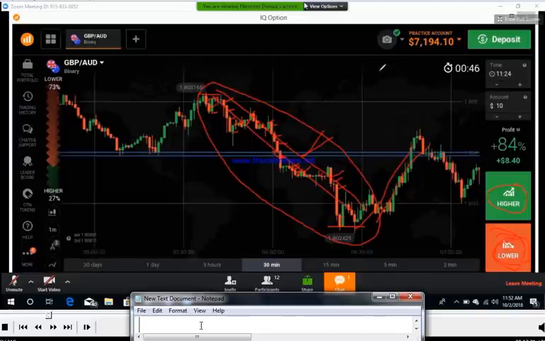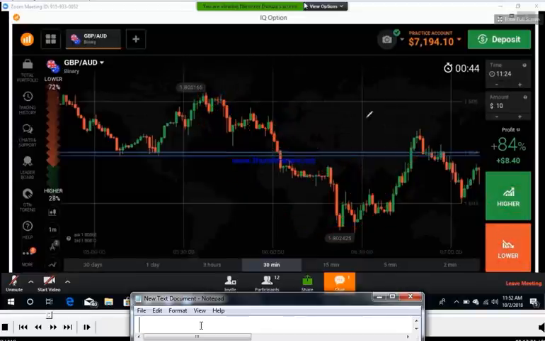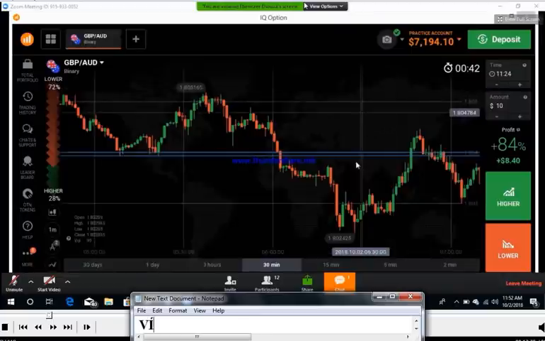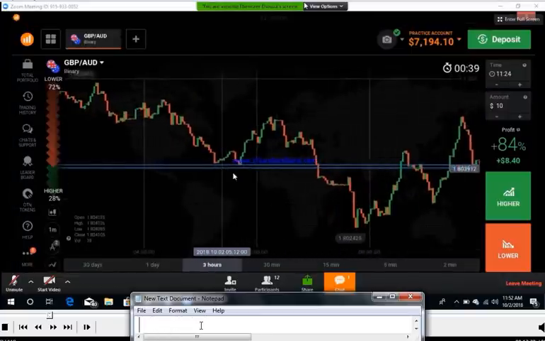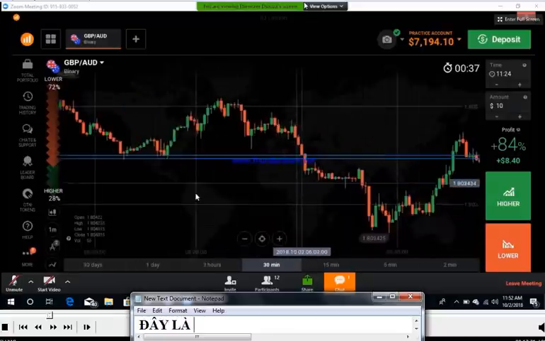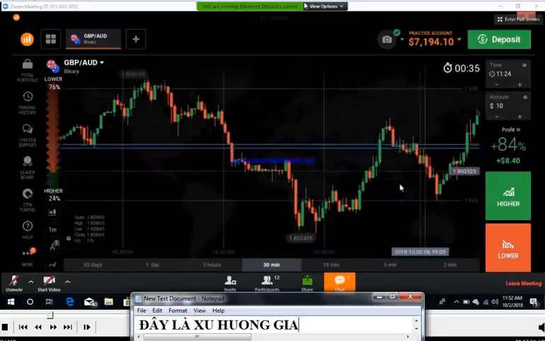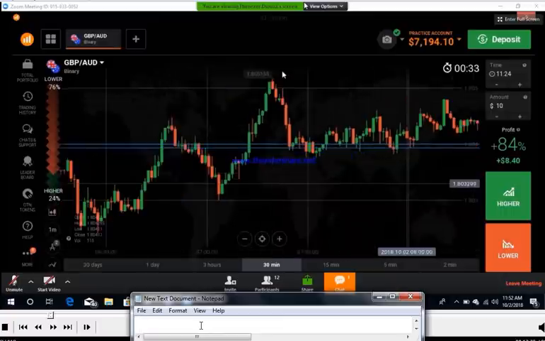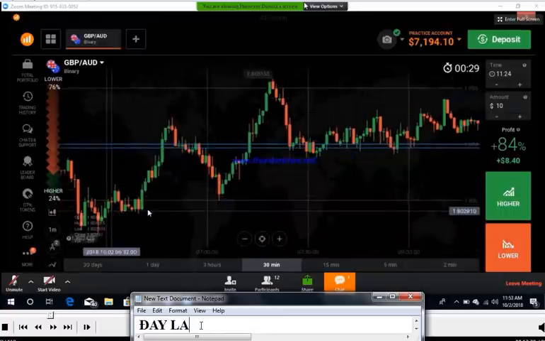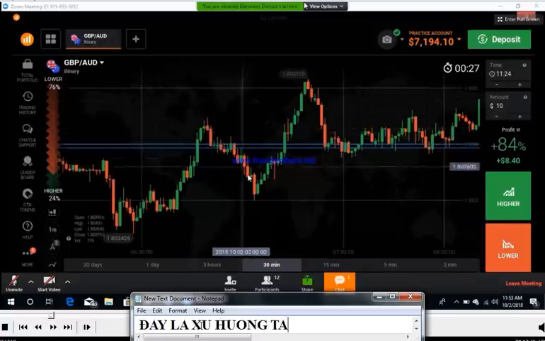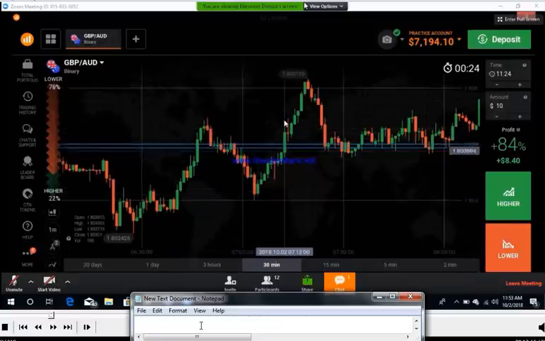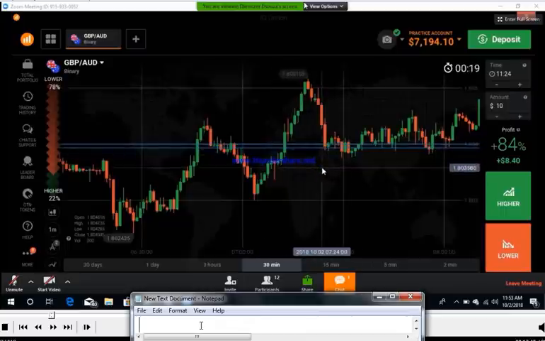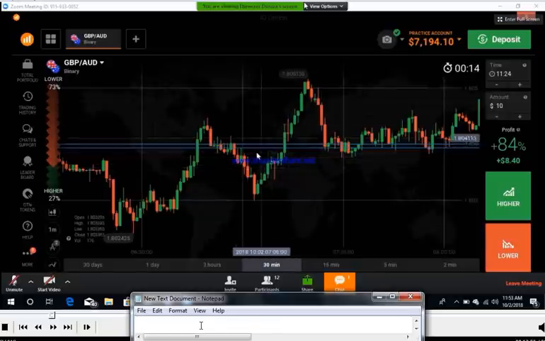Okay, I will show you now how to trade. I will show you some examples here. Okay, you can see this is a downtrend, right? It breaks this level. Okay, this is an uptrend, right? In the uptrend, again it goes down and again it breaks this level. So this is a strong level. We already checked this point as a strong level. We identified this as a strong level.